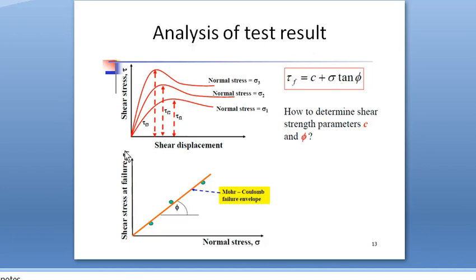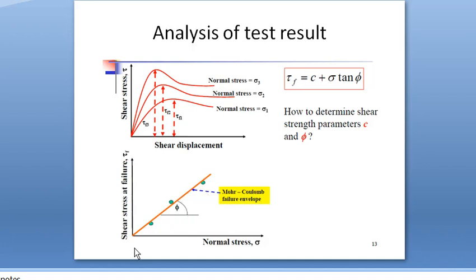So we can plot one graph between shear stress along y-axis and normal stress along x-axis, and for different values, if we are conducting five experiments, we will be obtaining 5 points, and if we are conducting 3 tests, we will be obtaining 3 points, and by connecting these points we'll be getting a straight line. That straight line is known as Mohr-Coulomb failure envelope, and its inclination with horizontal is the phi angle of shear resistance,